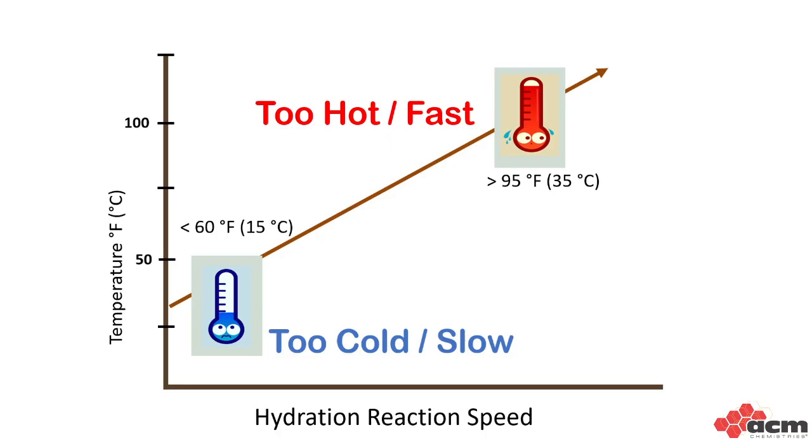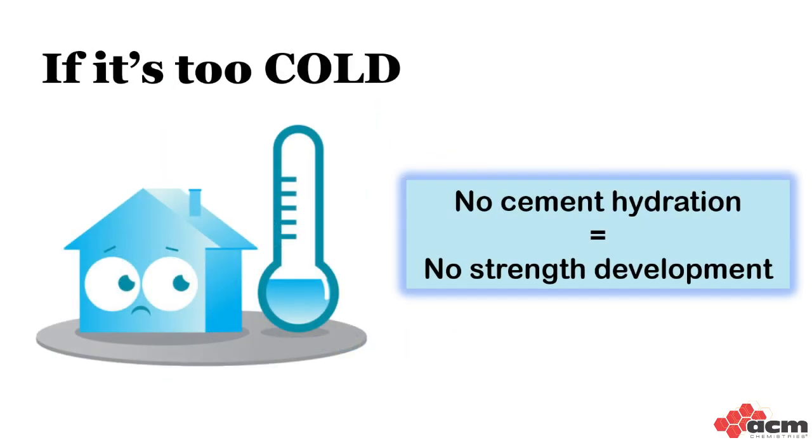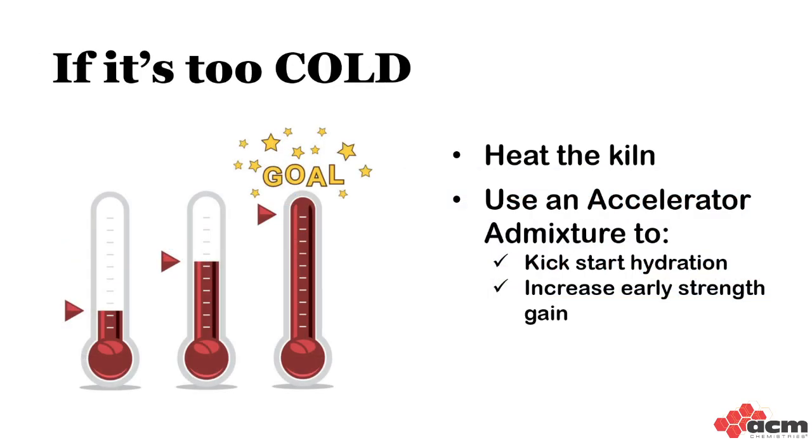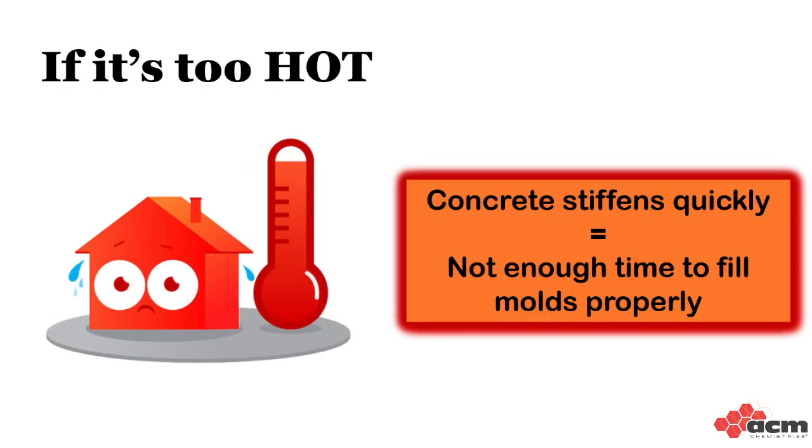If it's too cold, say the aggregates in cement are 50 degrees Fahrenheit or 10 degrees Celsius, then the hydration process will not start, and the concrete units will not develop enough strength unless we take some additional action. This could include providing heat in the kiln or using an accelerating admixture, which helps kickstart the hydration process and increases early strength gain. The flip side of the weather coin is when it's too hot,